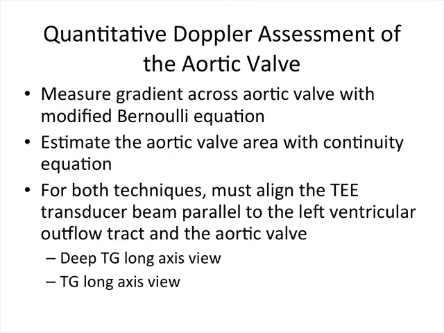The severity of aortic stenosis can be measured quantitatively via TEE using Doppler echocardiography. A thorough review of Doppler principles and their use in echocardiography is beyond the scope of this podcast. Quantitative Doppler assessment can be done in two ways: by placing the Doppler beam across the aortic valve and measuring the gradient across the valve with the modified Bernoulli equation, or by estimating the aortic valve area with the continuity